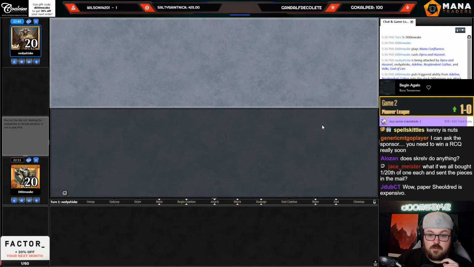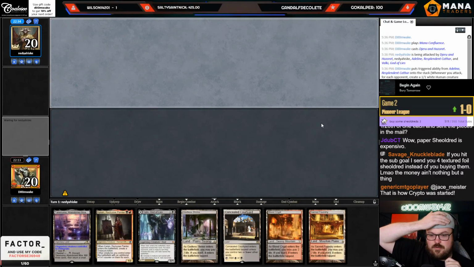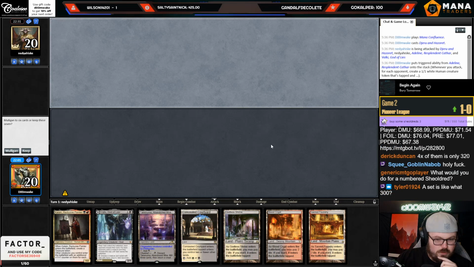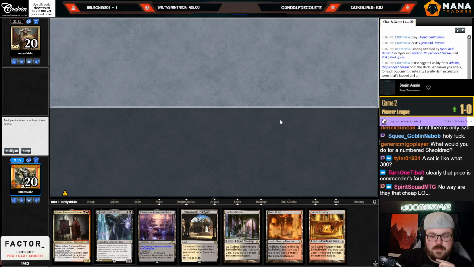Yes, Paper Sheoldred is absurdly expensive. If you hit the sub goal, I'll send you 4 textured foil Sheoldred instead of you buying them. Money ain't nothing but a thing. Well, alright. Savage Knuckleblade, I appreciate it. I appreciate it. That's incredibly generous of you. Should we keep this? Yeah, a set is a lot of money. I think I was only gonna buy 2. Maybe I was gonna buy 3, but